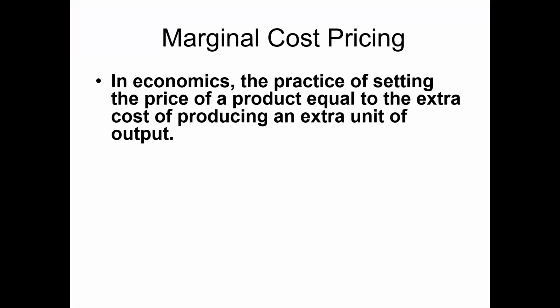For example, if an item has a marginal cost of rupee 1 and the normal selling price of rupees 2, the firm selling the item might wish to lower the price to rupees 1.10 if demand has waned. The business would choose this approach because the incremental profit of 10 paisa from the transaction is better than no sale at all. So this is how marginal cost pricing is adopted, and it helps to determine the cost.